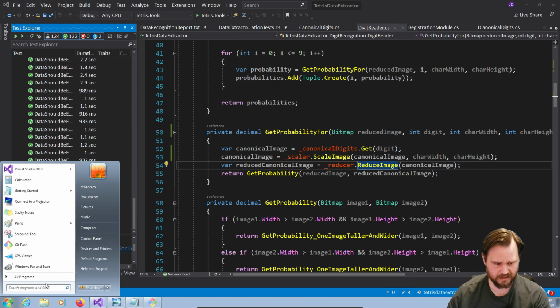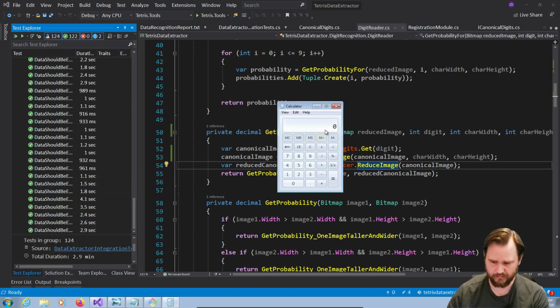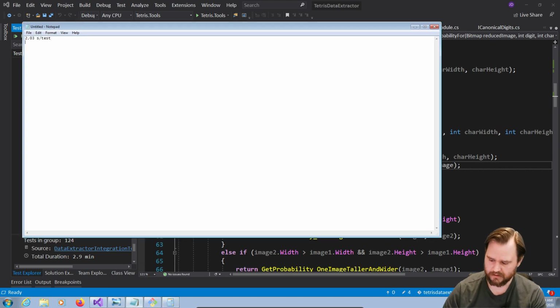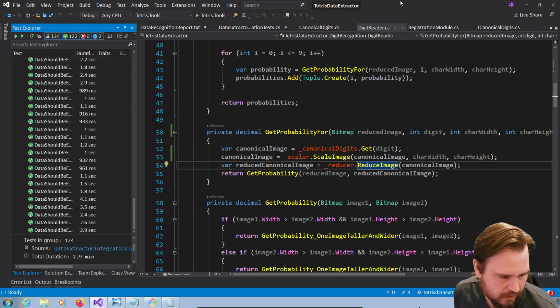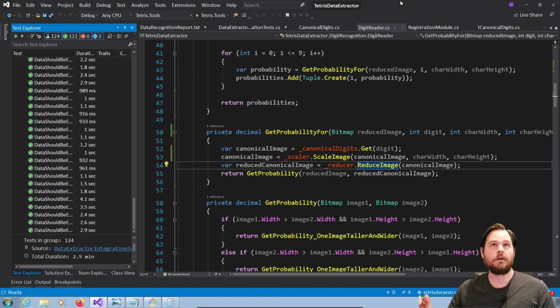So if we just do a nice calculation here, 2.9 minutes divided by 124 and then times 60. So we're at 1.4 seconds. Which is better. I mean, arguably we saved over half a second per test just by not doing file I/O. But each test